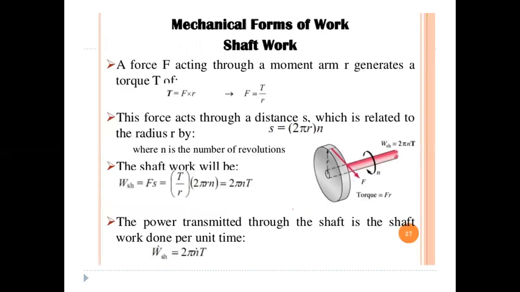So coming to different forms of work, there are different forms of work. The work may be in the form of shaft work, electrical work, paddle wheel work. So here, if you see the diagram, when we consider the shaft as one system, and it is rotated by means of a motor, there will be a work transfer into this system. That means the energy of the motor is given to this shaft. That means there is an energy transfer from the motor to the system.